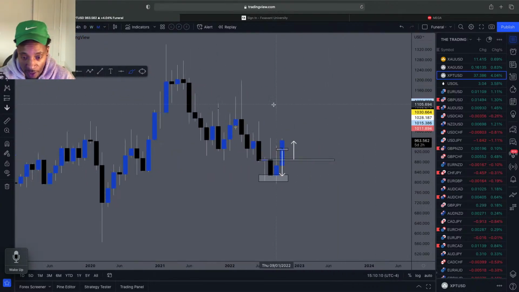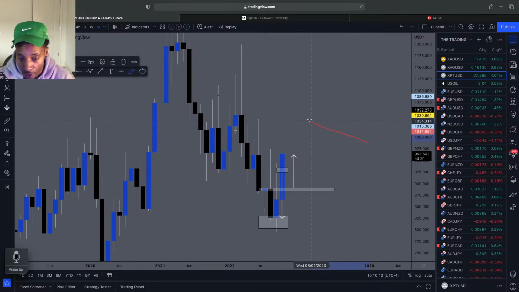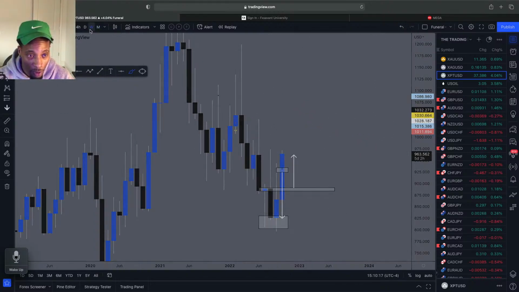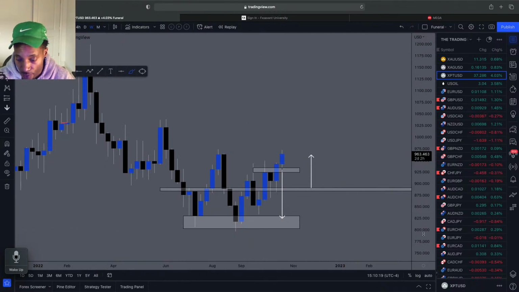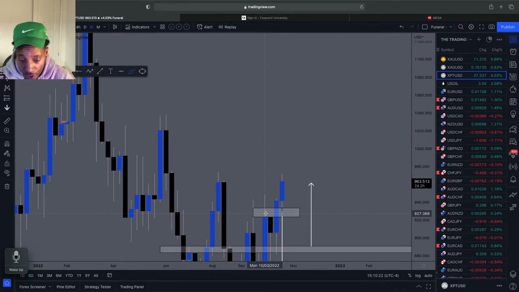If we go to XBT USD from the monthly, you can see that we are starting to make pretty good moves to the upside on the monthly time frame. So further bullishness could be expected on the weekly. You can see we've just been breaking structure and creating structure, using it as previous structure, resistance in this area,